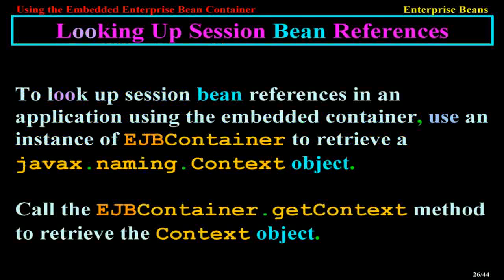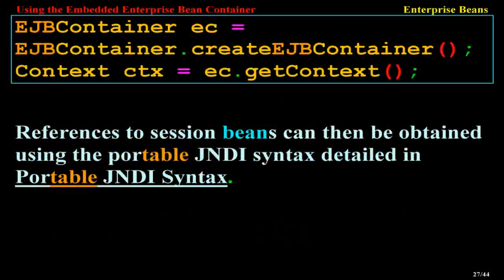Looking up session bean references. To look up session bean references in an application using the embedded container, use an instance of EJBContainer to retrieve a javax.naming.Context object. Call the EJBContainer.getContext method to retrieve the context object. EJBContainer ec = EJBContainer.createEJBContainer(); Context ctx = ec.getContext();